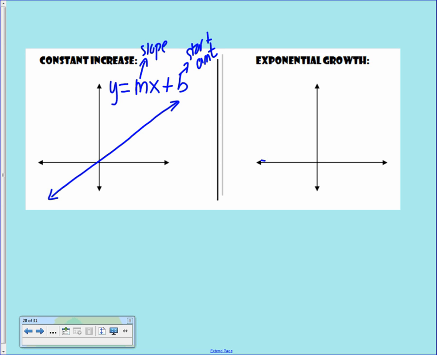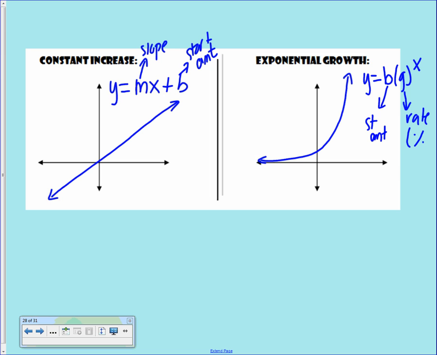And remember, that doesn't cross the x-axis, but does cross the y, and then continues to grow faster, bigger. And then this equation is y equals b times g to the x, where b is your start amount, and g is your growth rate. And remember, this is either going to be a percent, or it's going to be words like double or triple,